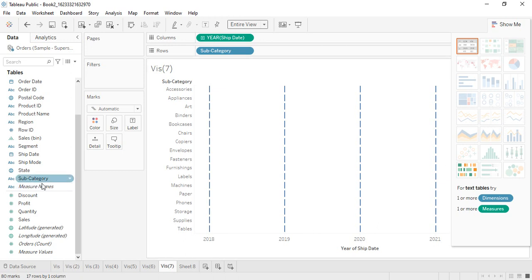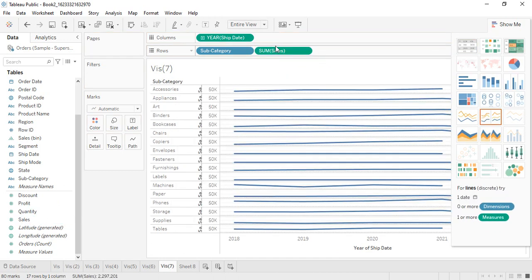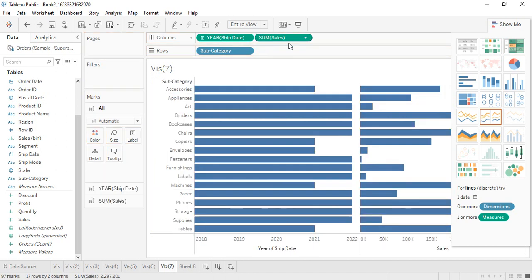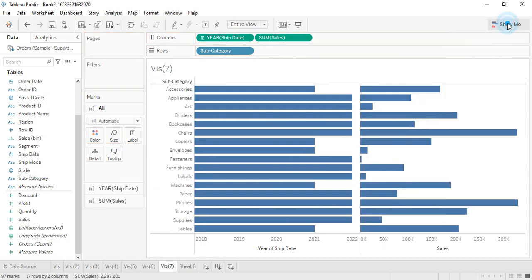So let's get one measure into it, the sales measure. Let's get that into the rows. If we get the sales measure into the columns, we get this kind of information.